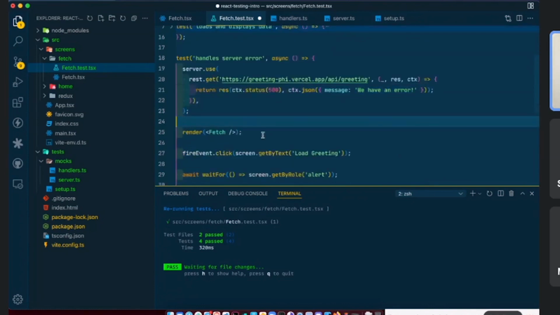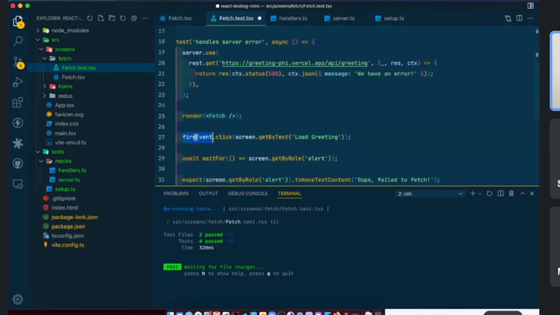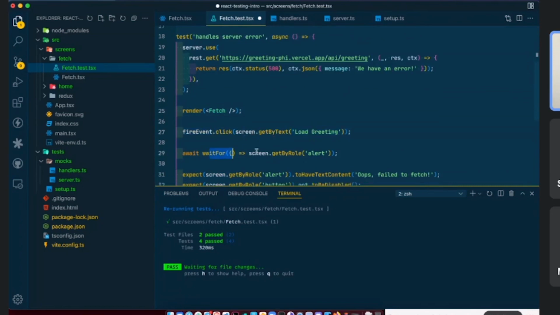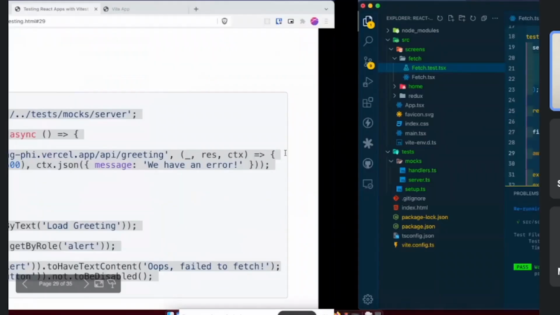And then I can write my test the same way. I can say render my fetch component, and then fire an event. So click on the load greeting button, wait for us to have an alert on the page. Remember, we have a